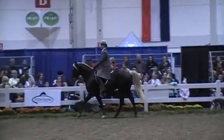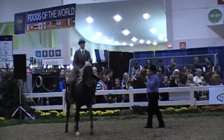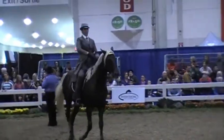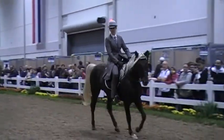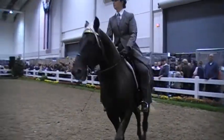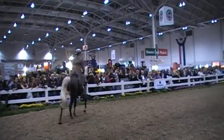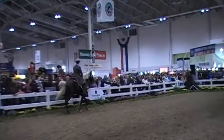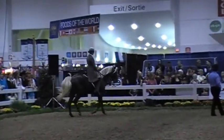Very square built, so his conformation leads him that he's able to... he's not too big, he's not too small, he's pretty compact, and he's got a very sane mind. So instead of getting all spooky, if I take him over a bridge, he looks at it and goes, okay, and away he goes. Trip has been swimming, I take my horses swimming, I take them over bridges, and we